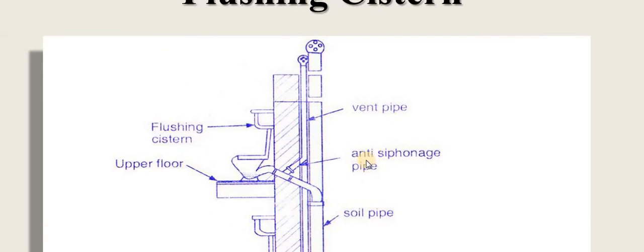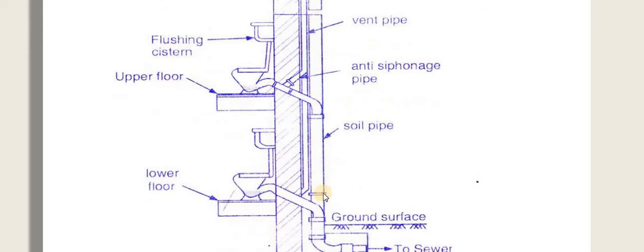Now what is the actual purpose of the anti-siphonage pipe? As we have discussed, it is used to preserve the water seal of the trap. It maintains proper ventilation, and it does not allow the water seal to get broken due to siphonic action. In case of a multi-storied building, the sudden flush of the water in the upper stories results in the sucking of the air from the short branch of the pipe connecting the WC to the soil pipe of the lower story. Means this is the lower story.